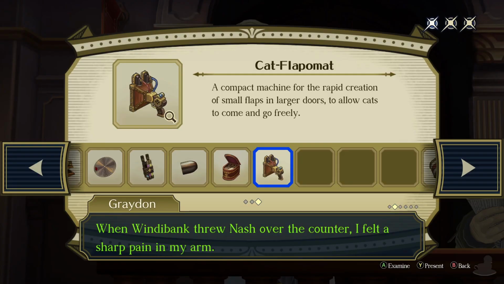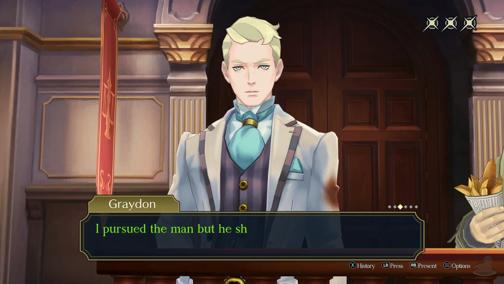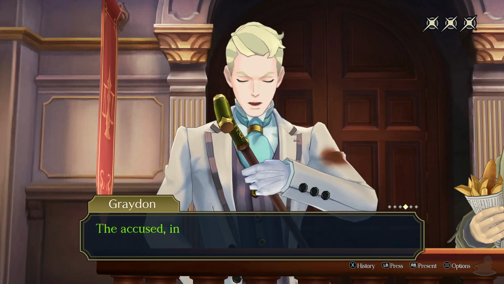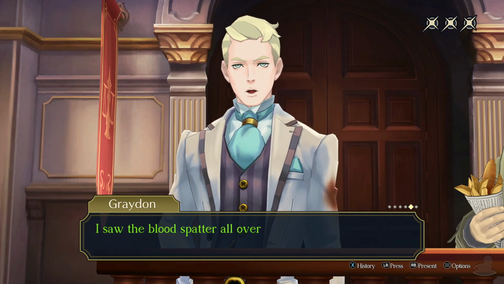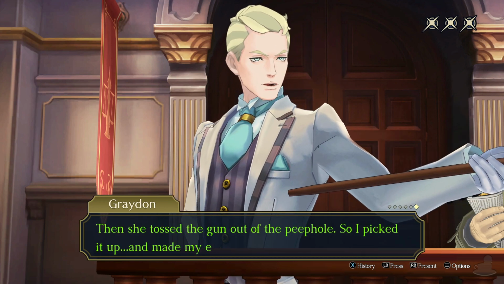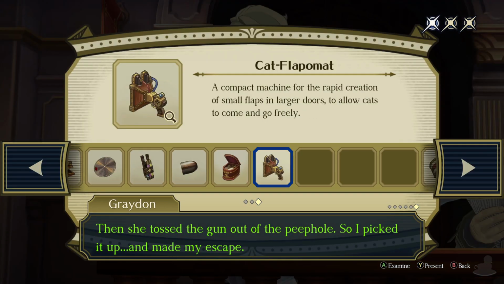Alright, very well. So which bit do we want to do this on? It's got to be something with the peephole, but what was I suspicious of originally? Because I feel it's that one. So I'll put a spatter over the wretched girl. And she tossed the gun out of the peephole. Because it's this. I feel like it's this I have to present it on. We can't pursue him. We can only present, so...